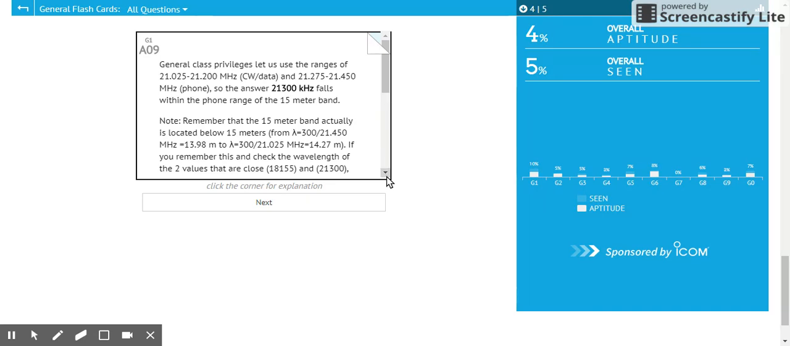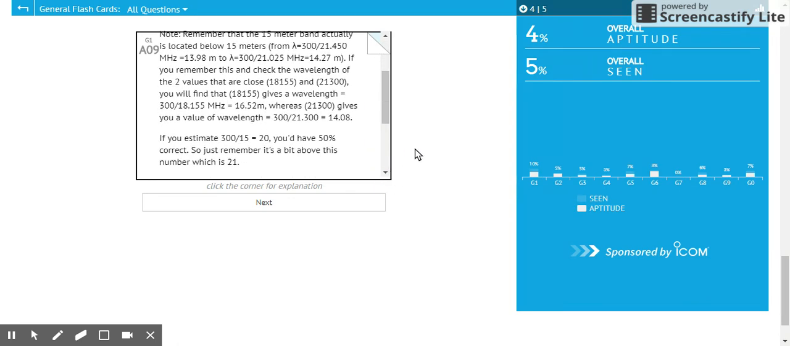Note, remember that the 15-meter band actually is located below 15 meters. Lambda, I'm sorry, that's not delta, that's lambda. Lambda equals 300 divided by 21.450 megahertz equals 13.98 meters, to 300 divided by 21.025 megahertz equals 14.27 meters. If you remember this and check the wavelength of the two values that are close, 18.155 and 21.300, you will find that 18.155 gives us a wavelength